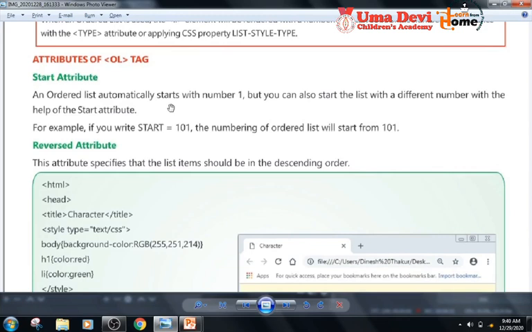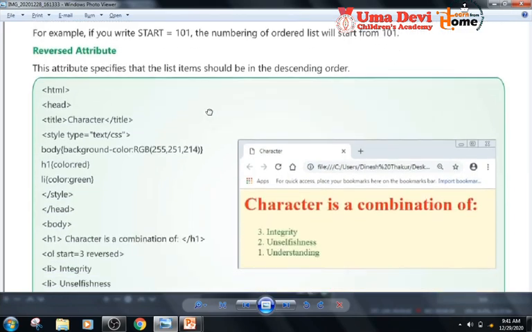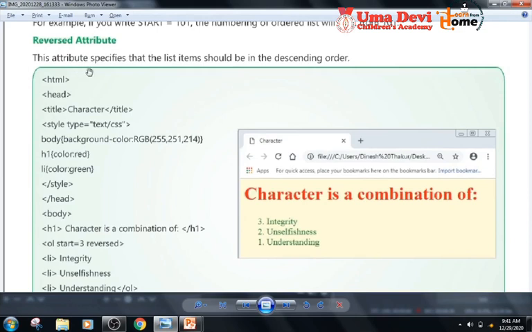An ordered list automatically starts with number 1. But you can also start the list with a different number with the help of the start attribute. For example, if you write start 101, the numbering of the ordered list will start from 101. Simple. Now the reversed attribute. This attribute specifies that the list items should be in descending order.